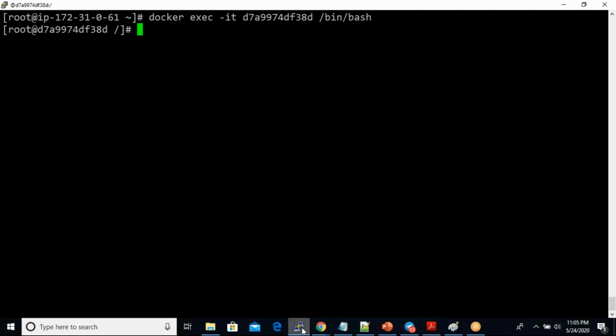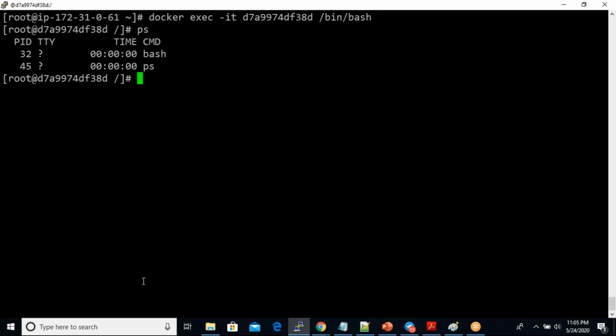I will go inside a container. Do I see a bash process running inside my container? That is correct. I will come out of the container. Now I will go to the